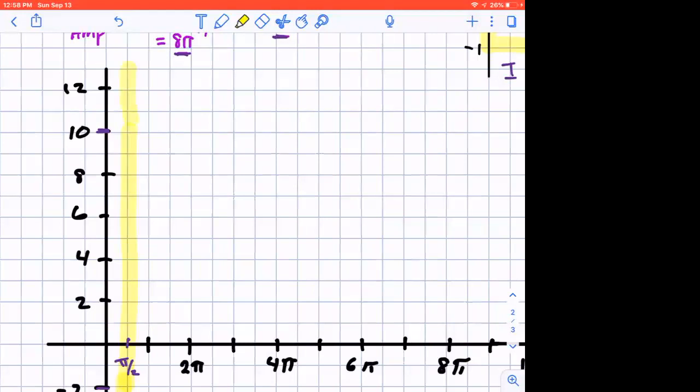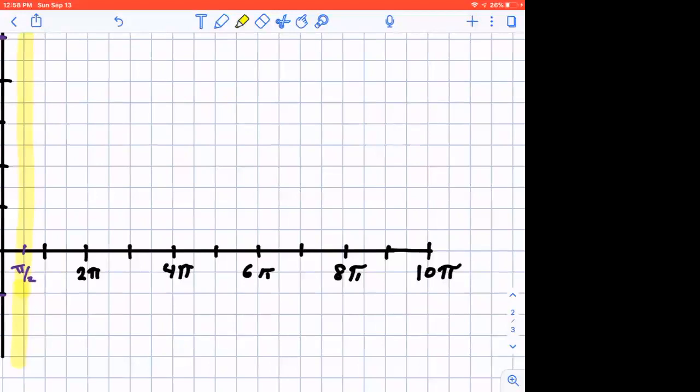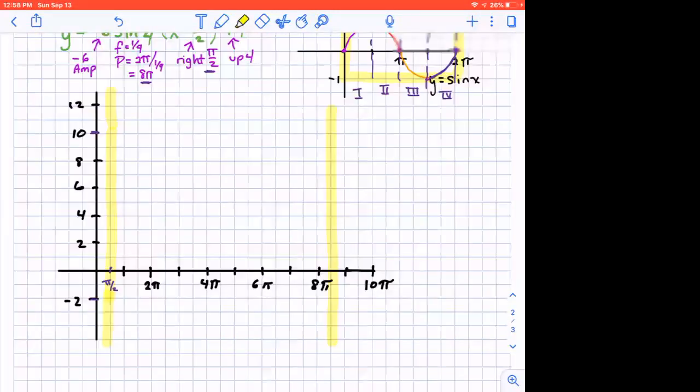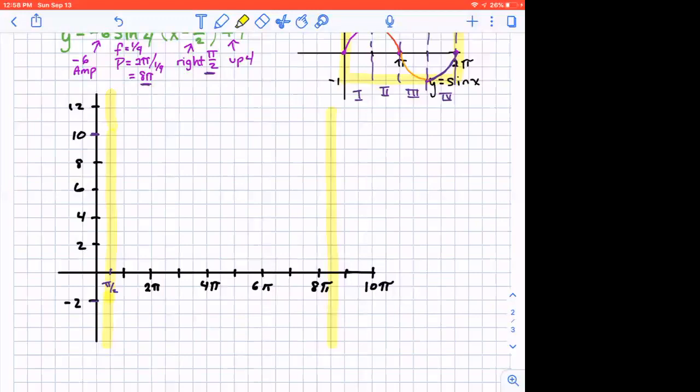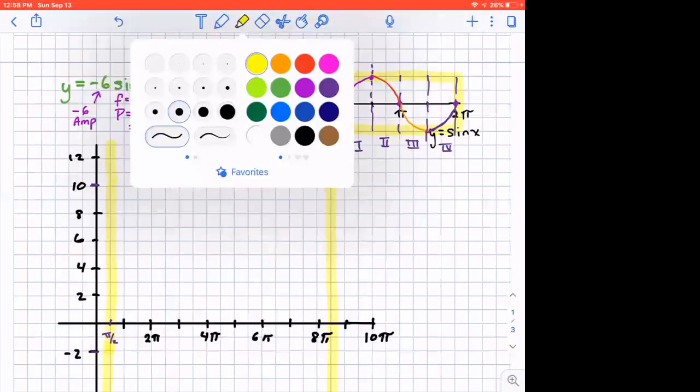And then from that pi over 2, I have to go all the way to 8 and pi over 2. So that's going to look like this. So that's going to be the beginning and end of my sine curve. Now, my amplitude, or actually, let's do this. Let's do the up 4. So the up 4, we know that the